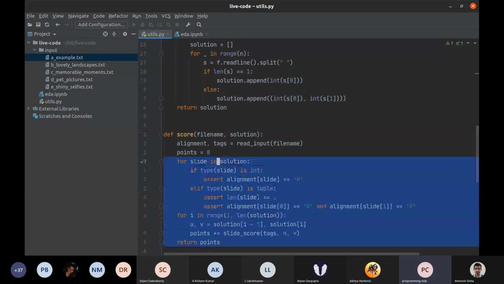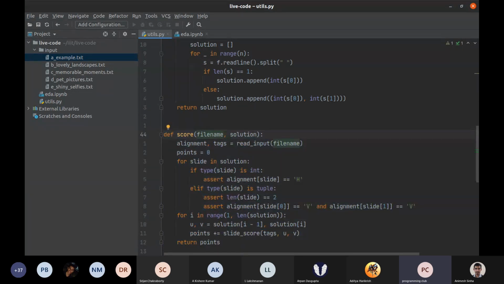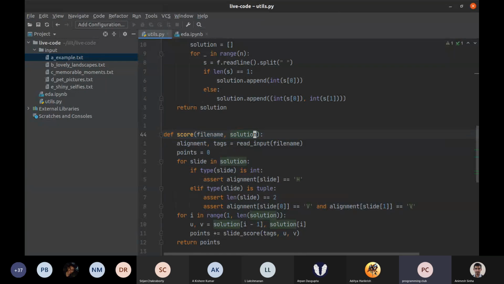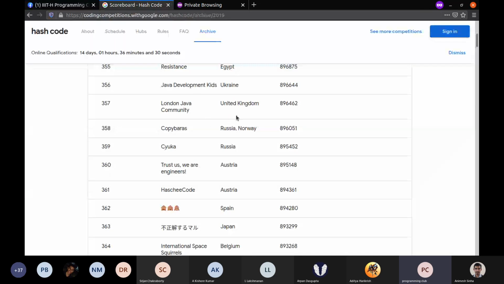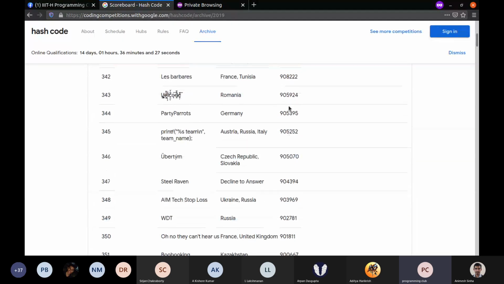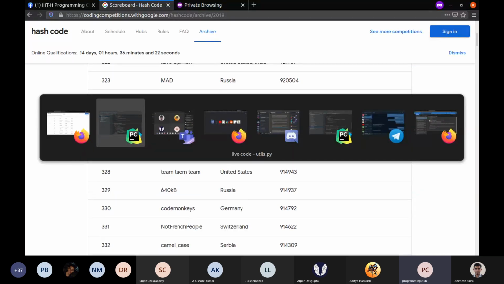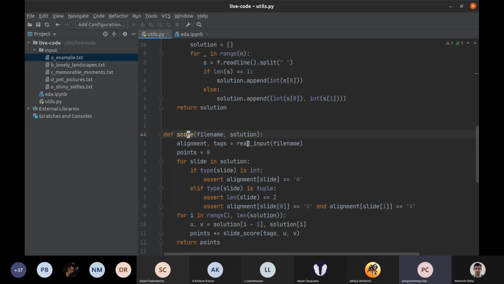This is the relevant part, score. You will always need this function in Hash Code. No matter what your problem statement is, you need a score function that takes your input file. So this file name is the input file and this is your solution. And this is the basic prototype. Don't look at the code, just read this. You have a function that takes the input file and takes the solution and gives you the score, like how good your solution is. So if I show you the leaderboard, these are the scores on these right side columns. These are the numbers that I was talking about, and these are the ones we have to optimize. So obviously, you need such a function that gives you the score.